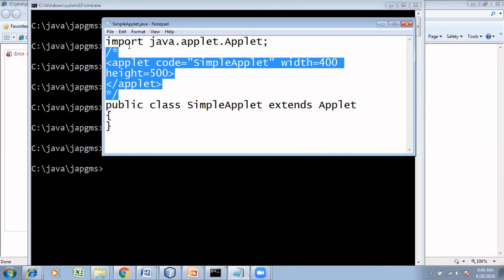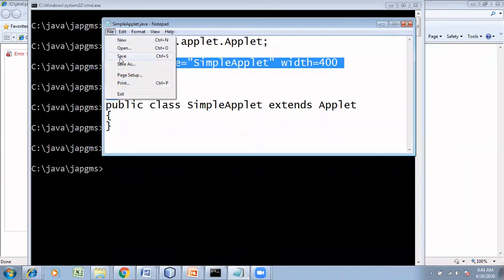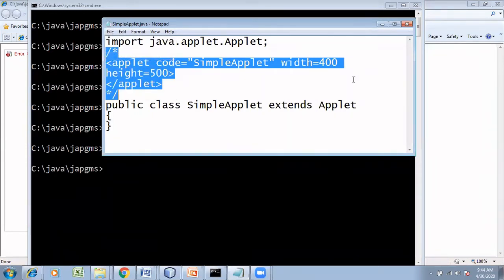Now you can put this comment anywhere. You can put it after the class also. You can put it before print also. Anywhere you can put this comment. Your applet viewer will see this and then invoke the applet. So to execute, what are the methods I told you? Two methods. One is by writing an HTML program. Another one is by using applet viewer. We are not going to use that HTML file method because all the browsers currently are outdated to use that. All the applet programs are outdated to be used within the browsers. Clear? Did you understand this program?